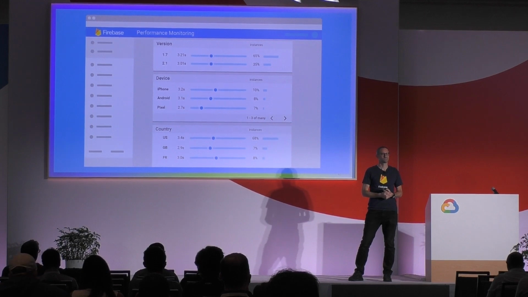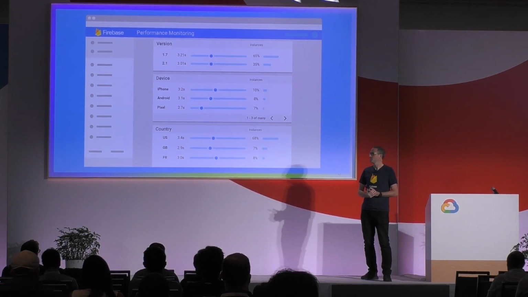OK. That was Crashlytics and performance monitoring. I'm going to sneak one final new feature in. Excited about it before handing over to John. Because even with Crashlytics and performance monitoring, it can be daunting to roll out a new version of an application. You can see it going out to your users, and you have to check all the dashboards, make sure everything's